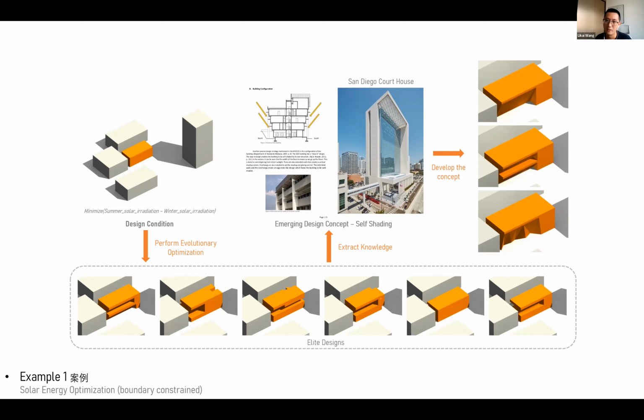However, an important factor here is that you can see all the voids are on the left-hand side rather than the right-hand side, because the right-hand side of the building already has a high-rise tower. The high-rise tower already blocks a lot of the light, so it would be less efficient if you put the void on the right-hand side. After you get the result and understand, oh, this indicates self-shading, you can further develop the design, or you can transfer to an external shading design based on the information extracted from